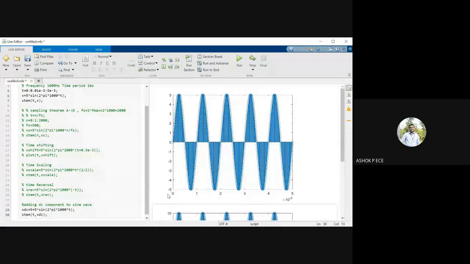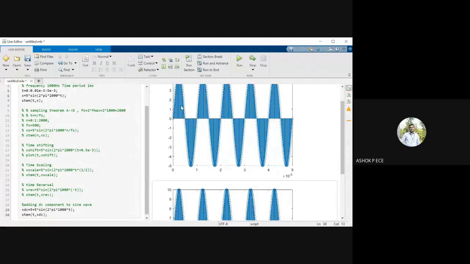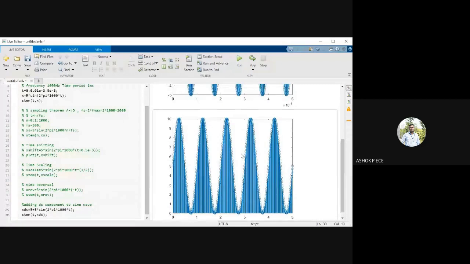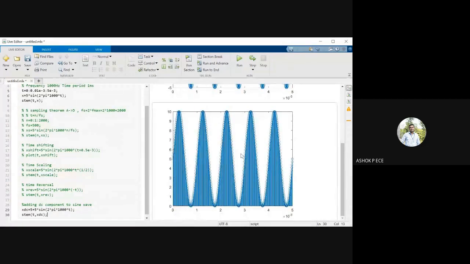So now see, I am adding 5. So minus 5 plus 5 will become 0. 5 plus 5 will become 10. So signal will be from 0 to 10. The beautiful signal from 0 to 10. So I have shifted the sine wave completely to positive y-axis. So see there is no negative signal below the x-axis, which means the signal is completely positive in